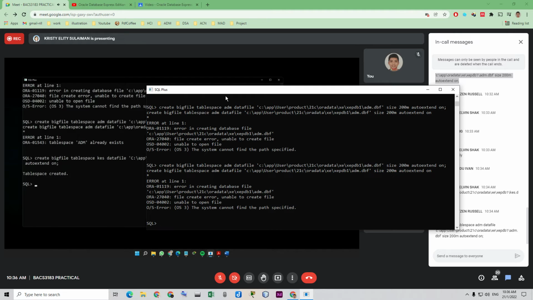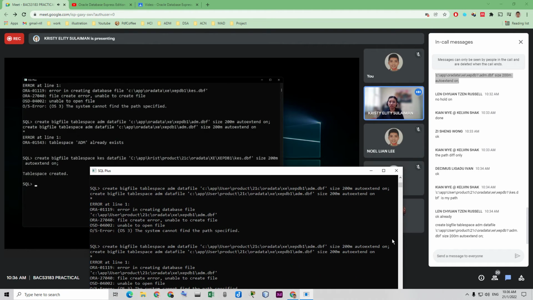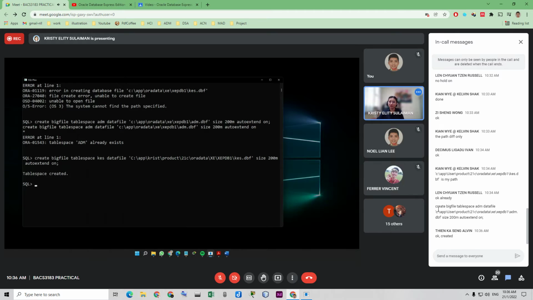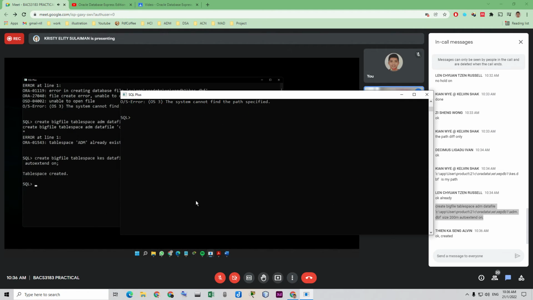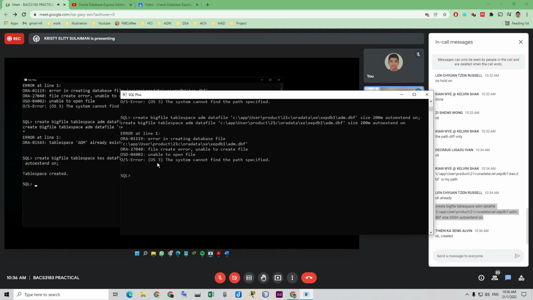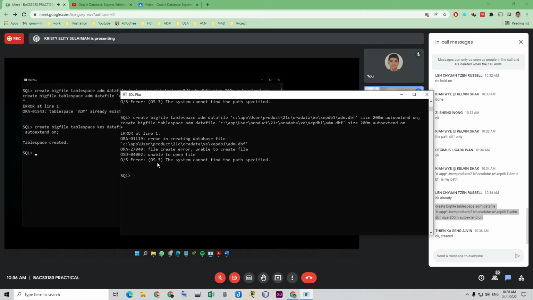Okay, so if you cannot get this, you can try again. You can check from your C, or find where this database is installed. Okay, then the tablespace is created. So now we will be referring to this tablespace.